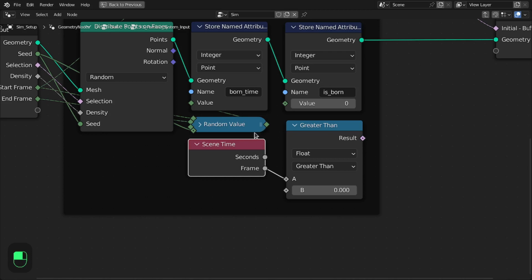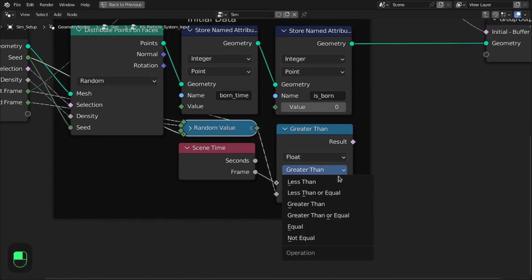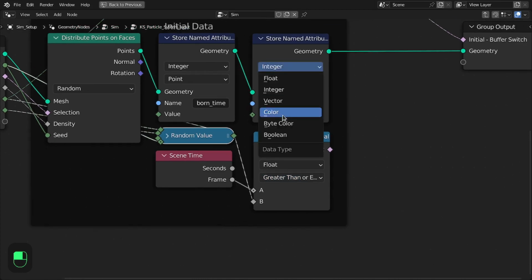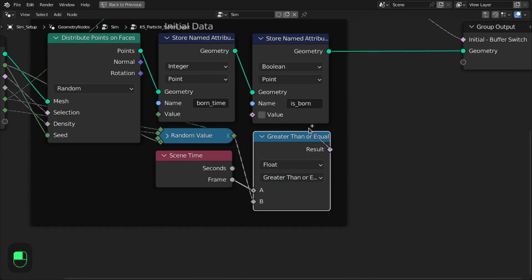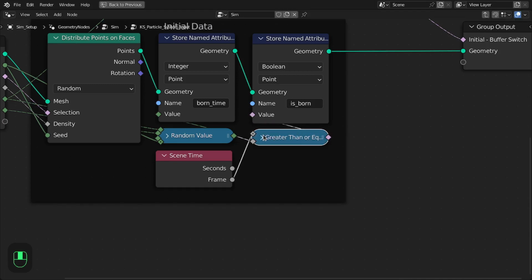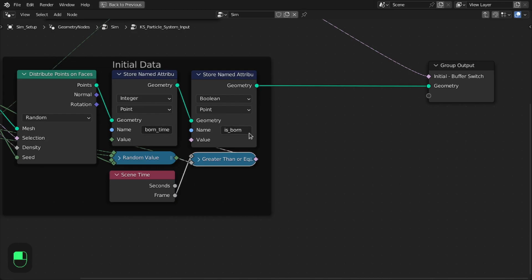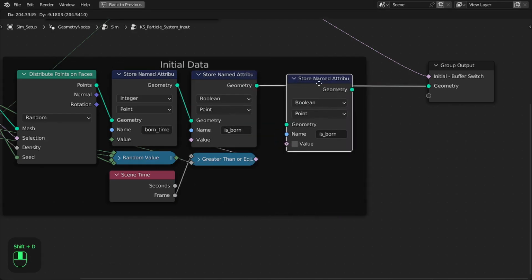So if this time is greater than or equal to the born time, then this flag will be true, as I have shown in the image. It means when this time is greater than the born time, is born is true. So we have born. Next we're going to add the